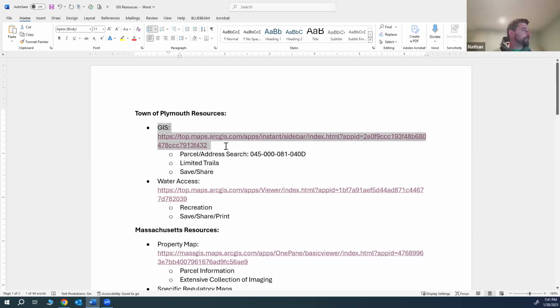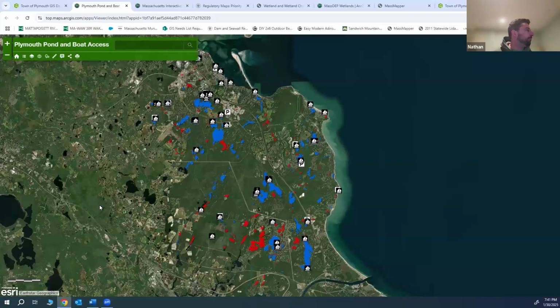So the first one I went through was this one, and then I kind of just said things I think it's good for, which is parcel searches, very limited trail info, and then saving and sharing relatively easily. The water access also right on the town's website. And this tells you, again, super basic map, kind of limited to the data it has, but it's convenient for a very specific thing,